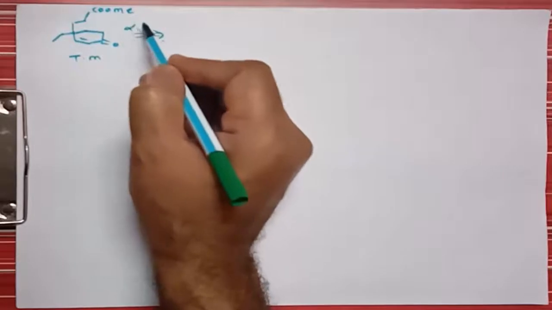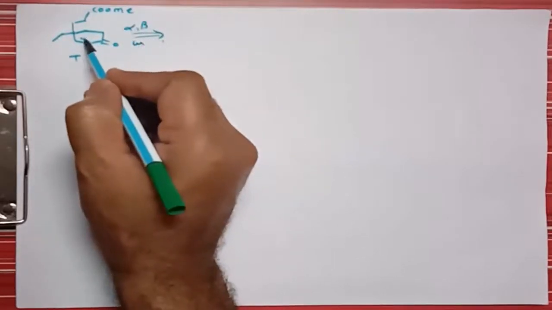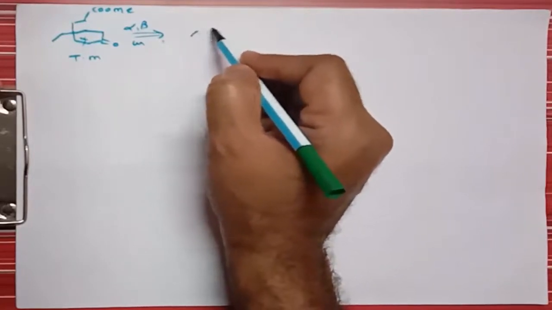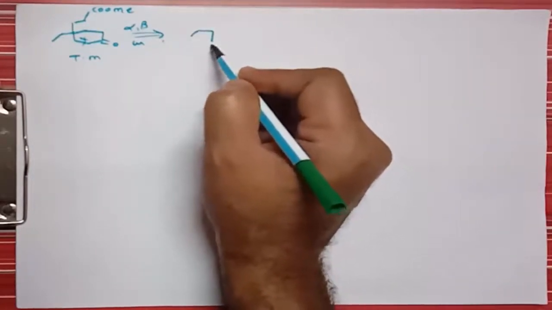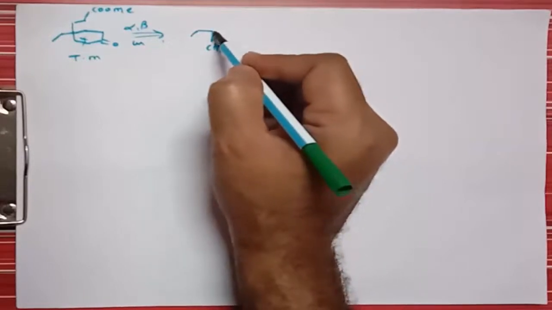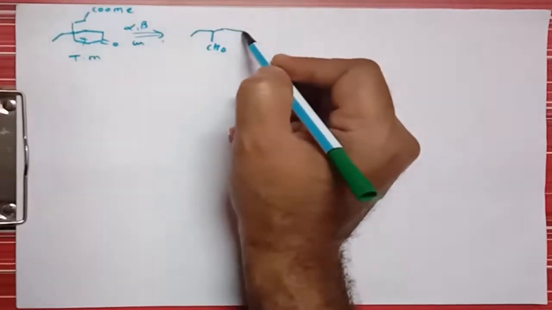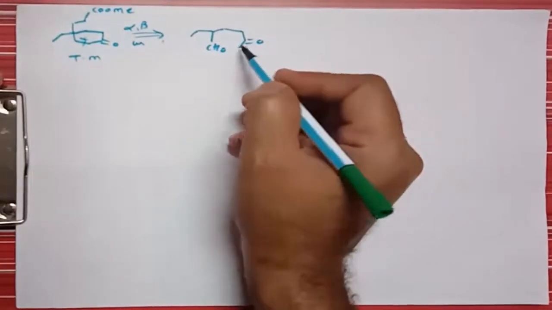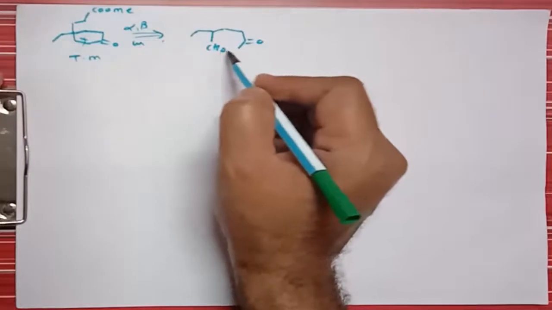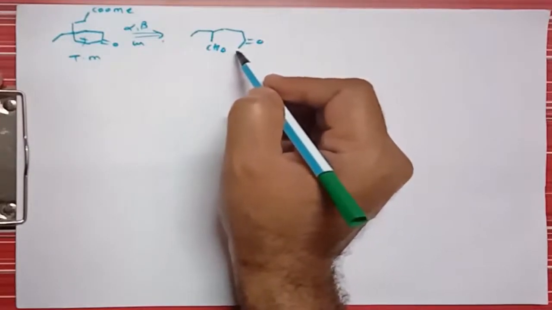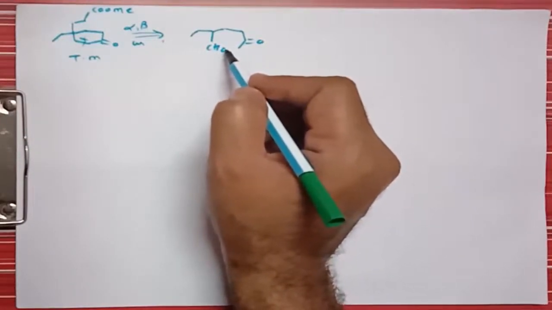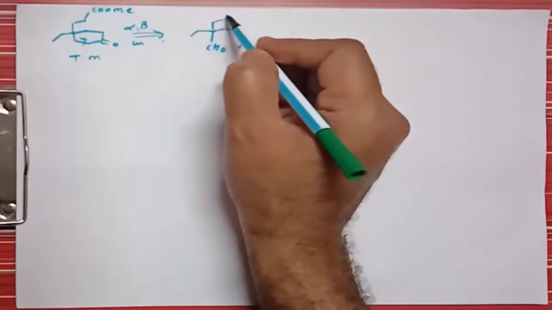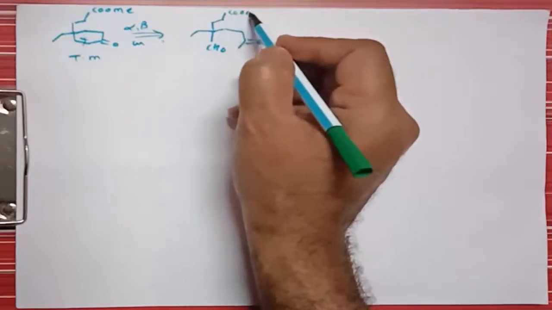So in the alpha beta unsaturated system, we can break the bond at this position, and after breaking the bond, we get the carbonyl group from one side, and from the other side we also get a methyl group. That means it is a methyl ketone. After using base, it can form a beta hydroxy compound, and after that it eliminates a water molecule. The remaining molecule will be the same, right?